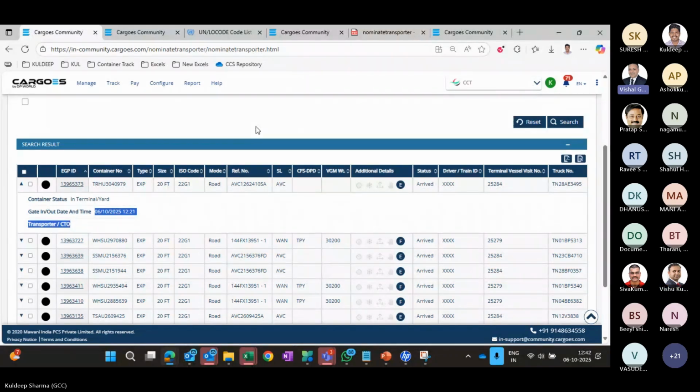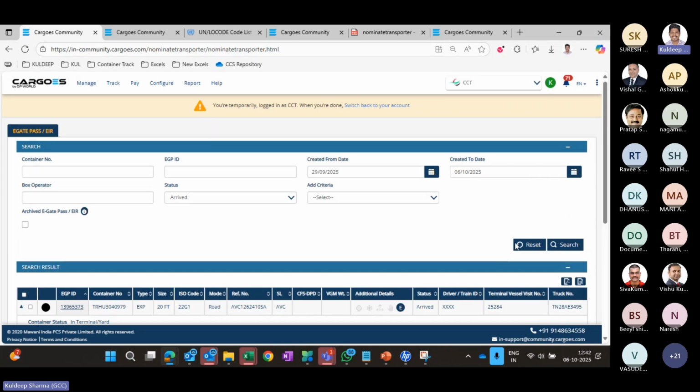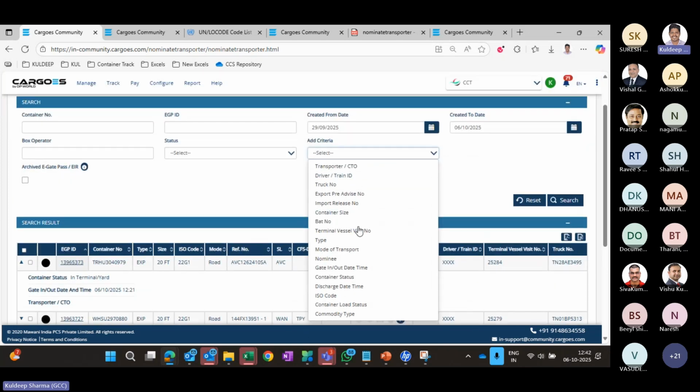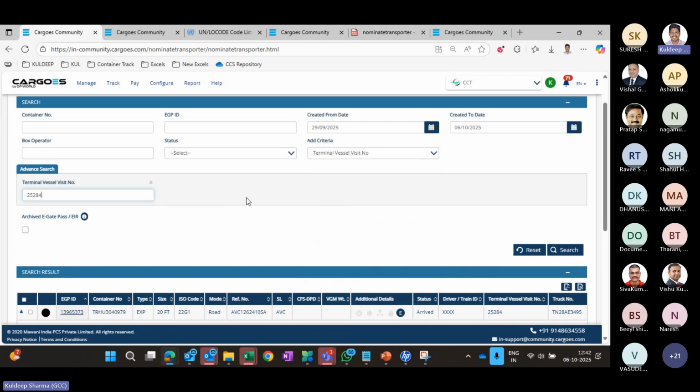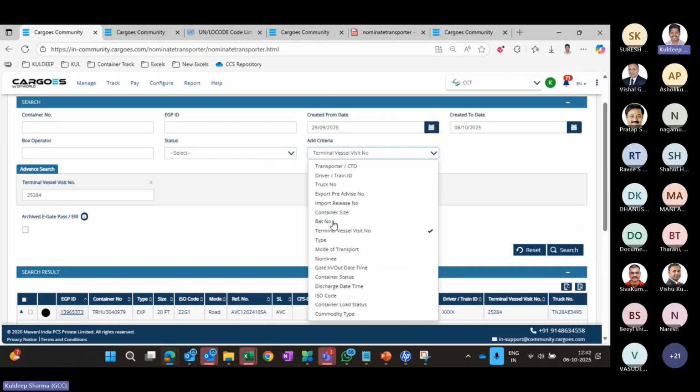So also, can you search as per a particular vessel, all the containers which have arrived, all the containers which have been loaded? Is it possible on the screen? Yes, sir, that is possible. How? So very first of all, we need to select here the vessel for which we are trying to check the containers. After that,